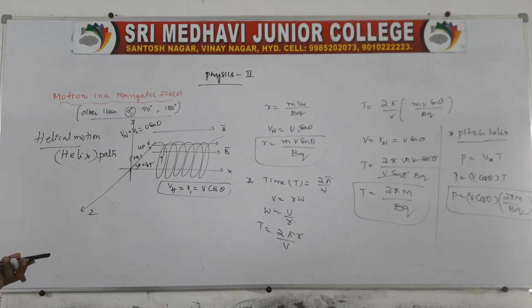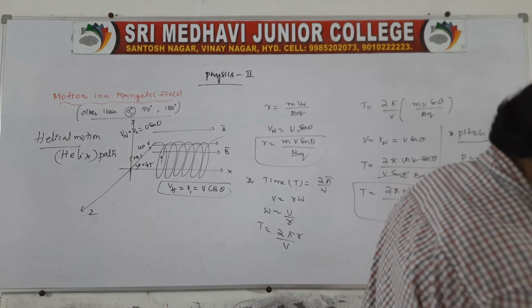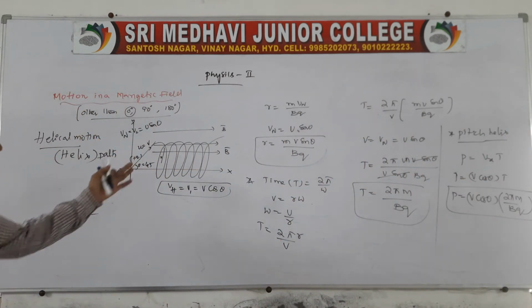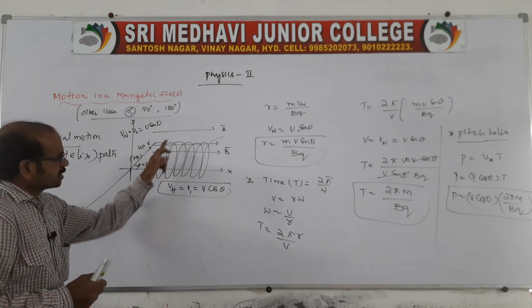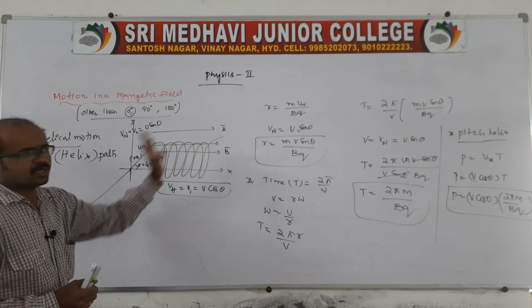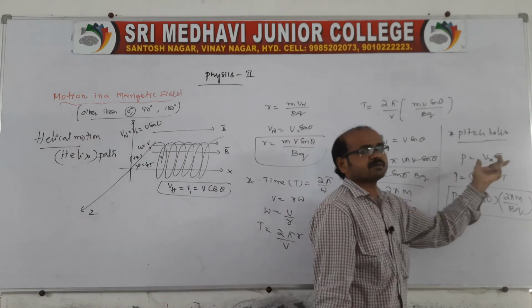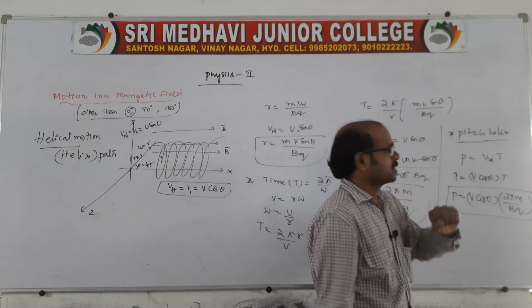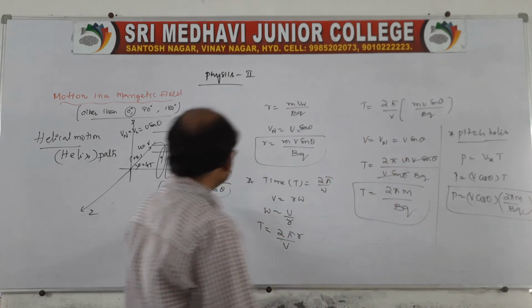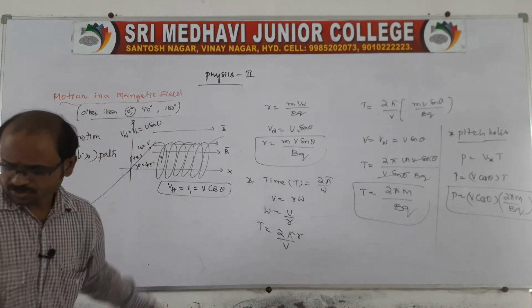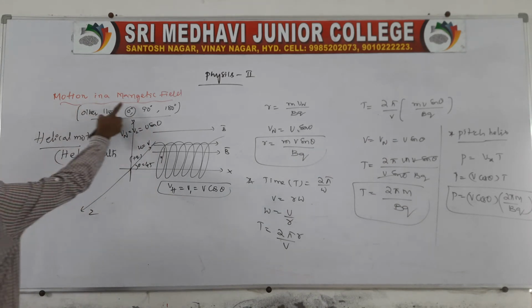Clear? When the particle is entering at an angle other than 0, other than 90, other than 180, therefore the path of the particle will be helix, and we can also call it helical motion, or a spiral, because it is entering other than 90, theta is 45. Now, pitch in the sense is the distance covered by the particle during the total time. So pitch is nothing but velocity into time. The velocity which we take is the horizontal velocity. What will be the horizontal velocity? V cos theta. So this is related to the motion in a magnetic field, right?